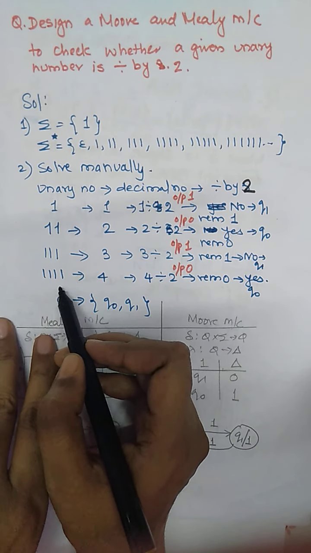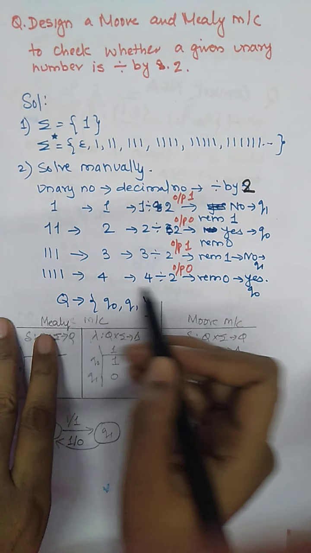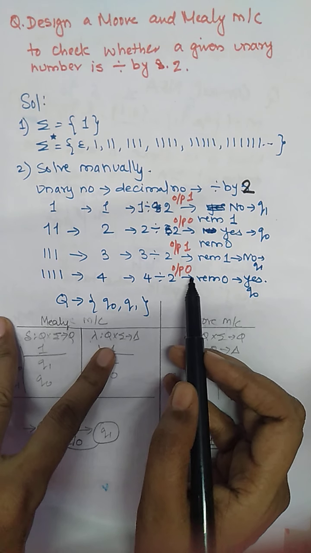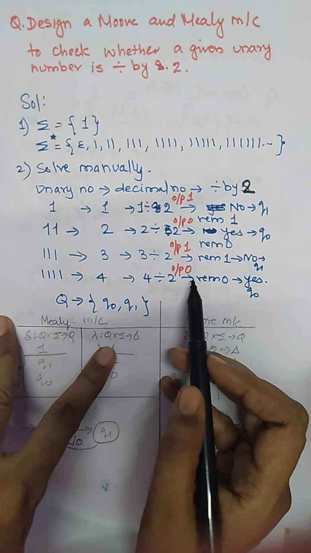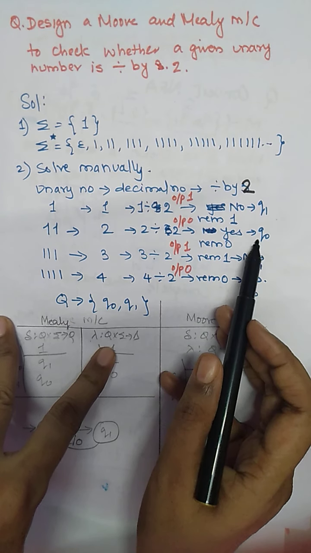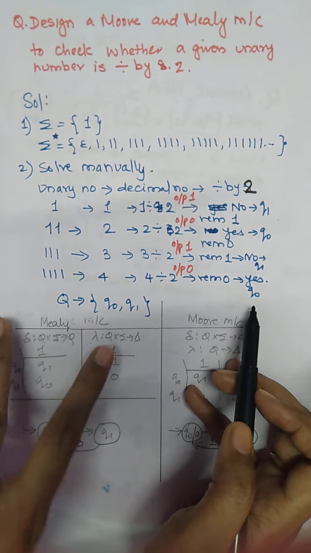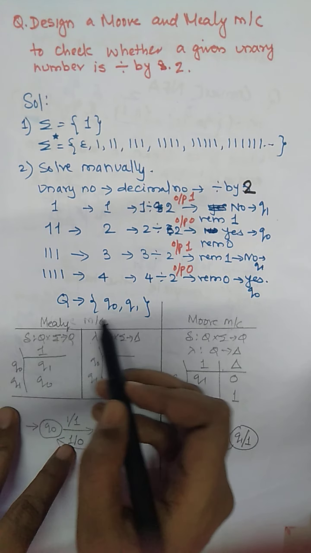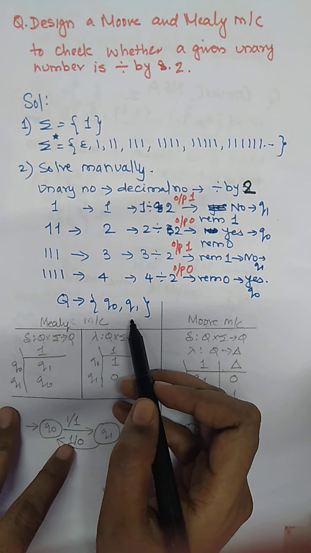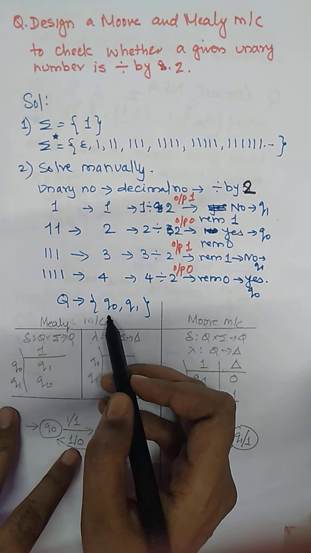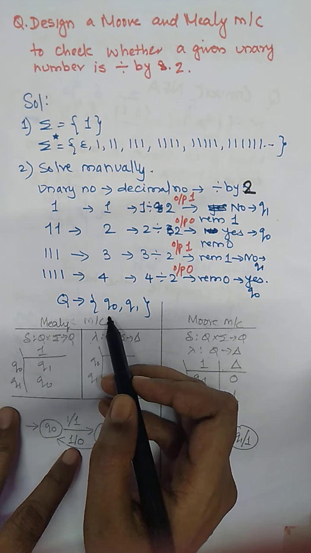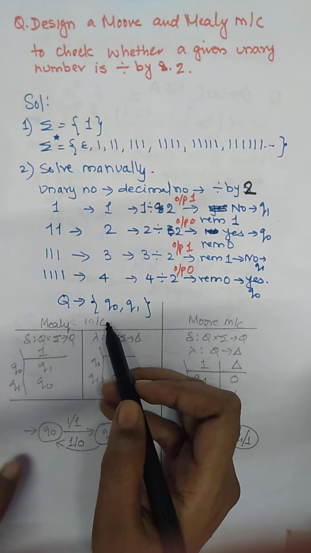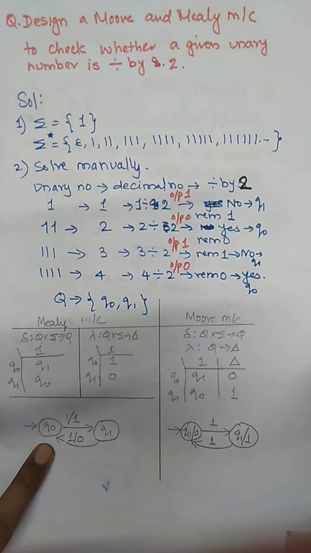Similarly, four occurrences of 1 is decimal number 4. Decimal number 4 is divisible by 2 with the remainder 0, with the output 0, you can see. This condition we have also discussed as q0, so this will go to the q0 state. So we have two states, q0 and q1. One more thing: whenever we have a divisibility question, we always consider q0 as the initial state. For the rest of the questions we have to consider qs as the initial state, with no input and no output. Now we have got the states.